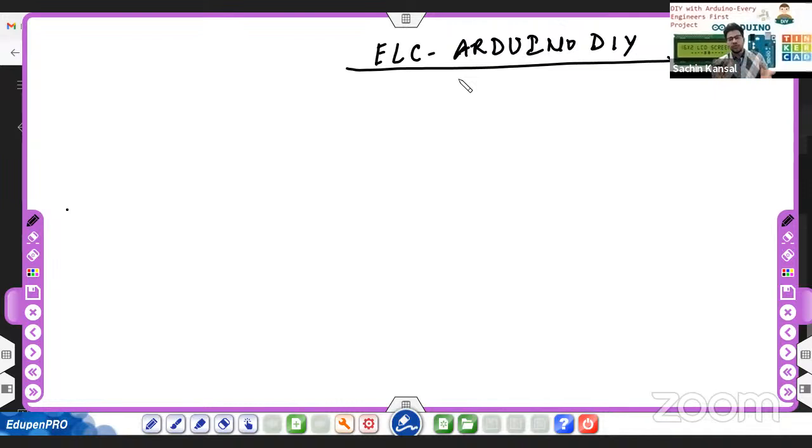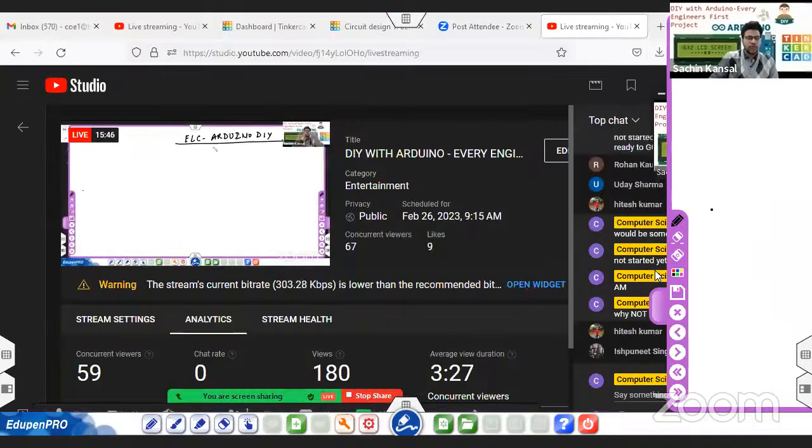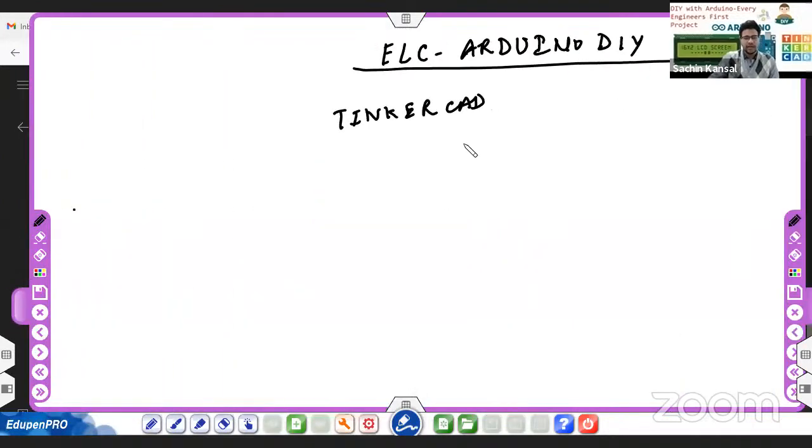So what we are going to do today, we are going to explore one software that's called Tinkercad, right? We are going to explore this Tinkercad thoroughly, and based on this, we are going to develop a few of the IoT sensors, or let's say a few of the IoT-based applications, right? So initially, we just need to understand what we mean by this term called intelligent system,